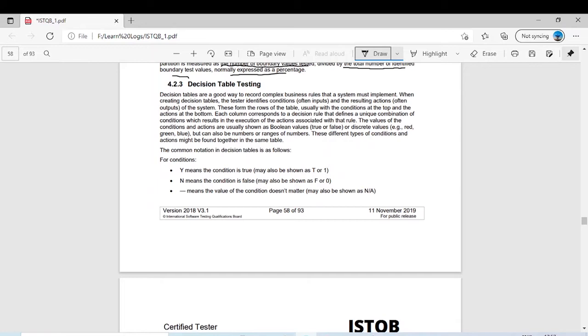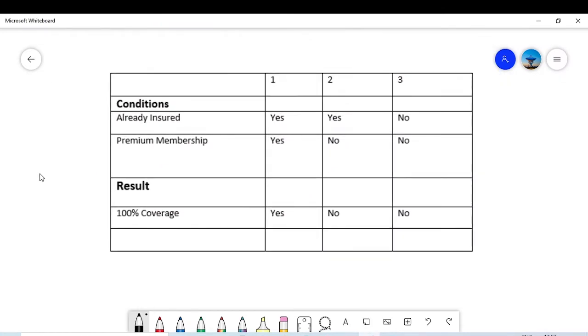Decision table testing, which is also a type of black box testing, is normally used when we have very complex logic to understand, when we have some business logic to understand. We make some combinations, a kind of truth table, and then we decide what will be the action. I have prepared an example for you. After the end of this video series, we will upload some practice questions for different types of test techniques. But only to give you a short idea, here is an example I have taken.